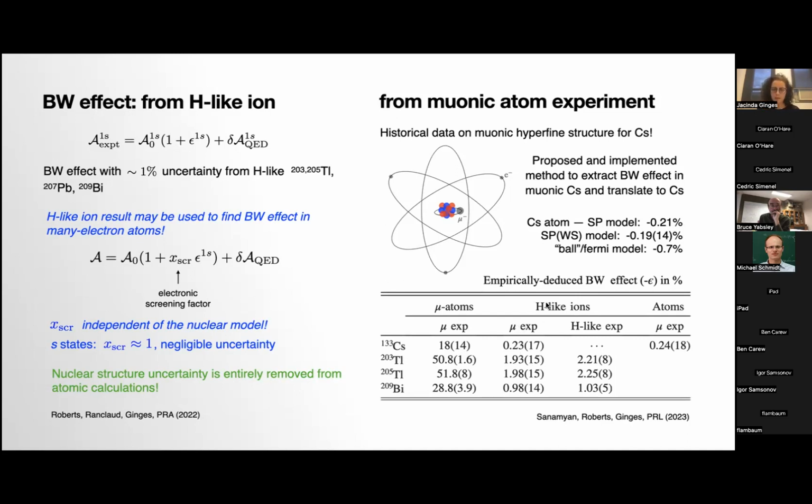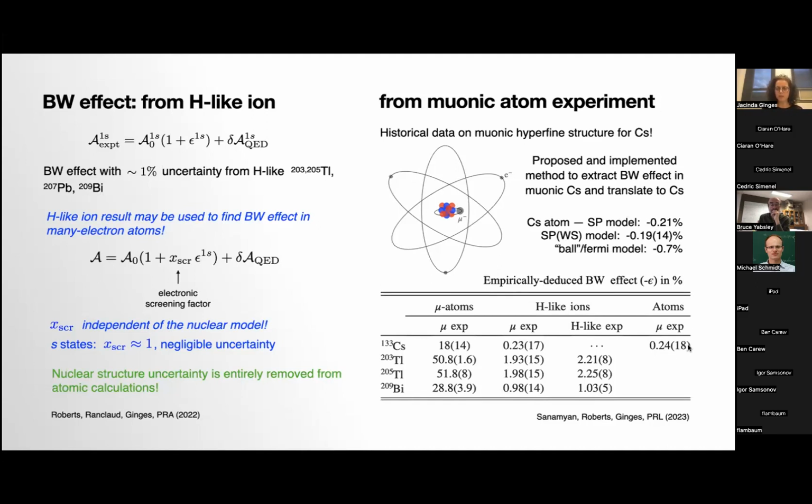Then we translated this to the hydrogen-like ions. When we do this from the muonic experiment, these are the results for thallium and bismuth. We can compare directly to the experiments in hydrogen-like thallium and bismuth, and we see the results are pretty much in agreement. So we know that our procedure works, and then we proceeded to do the same thing for cesium. We translated that to a hydrogen-like cesium atom, and then to a many-electron cesium atom. The result is then minus 0.24, which basically verifies the single particle model,